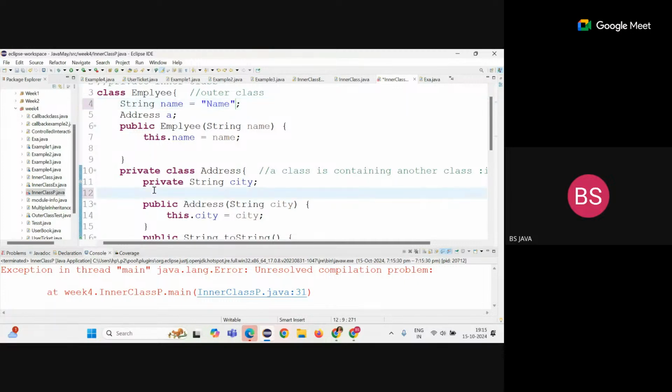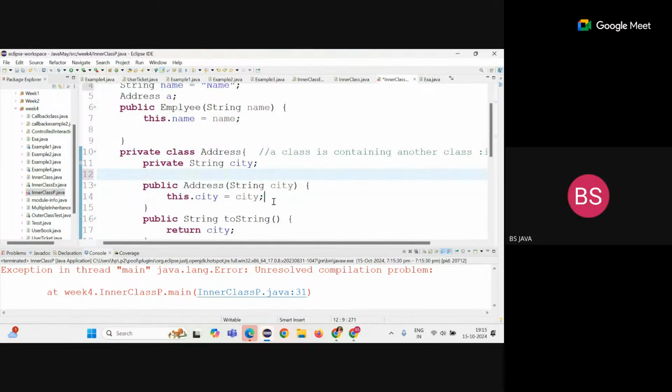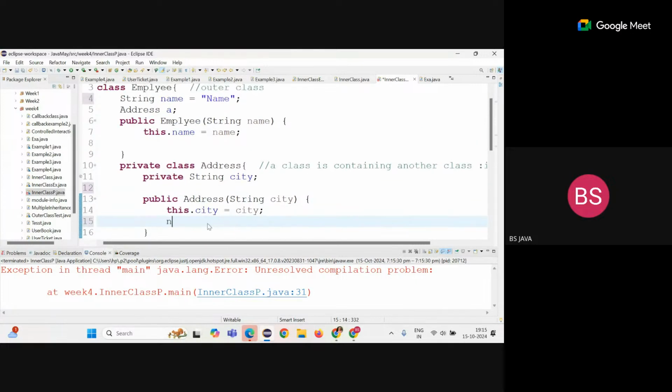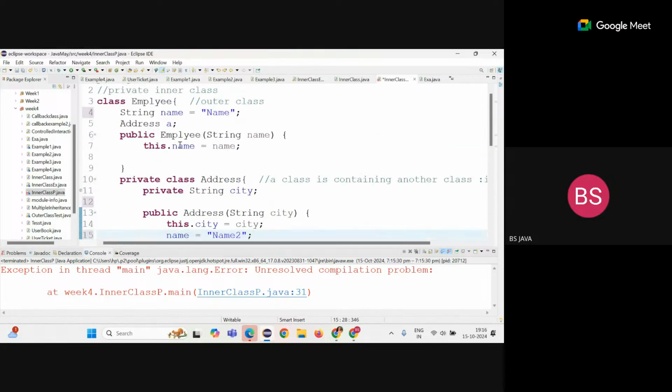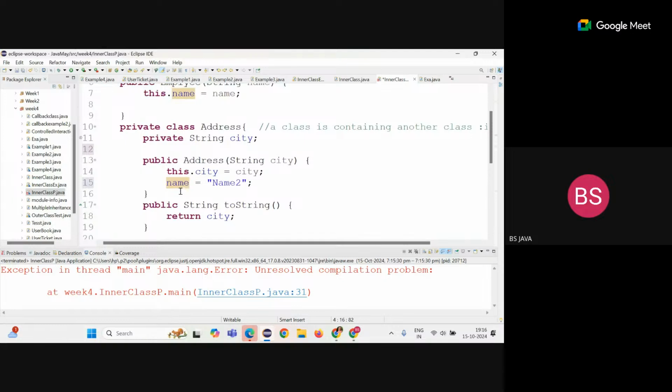Let's try to change the name. So what I want to show is we can access outer class variables inside the private class,